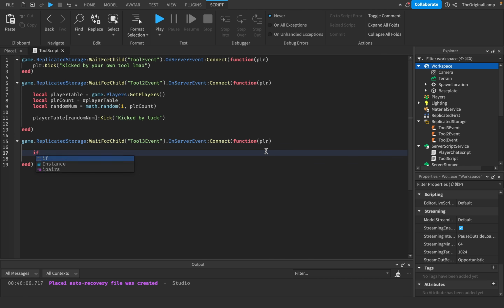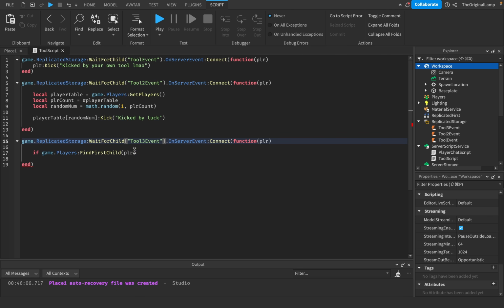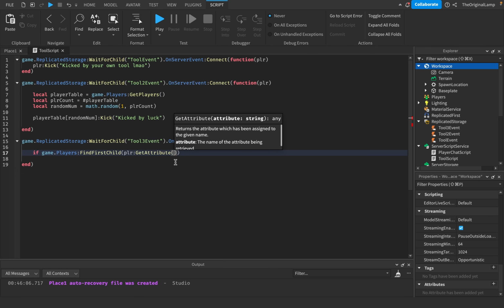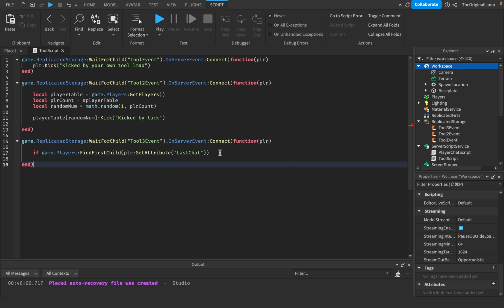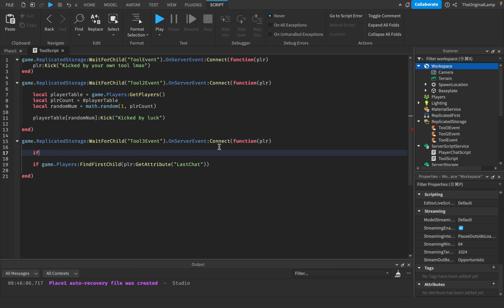So what I'll do is just if game.players:FindFirstChild. So if we can find a player with the name, and then we get the player who actually pressed the tool, and then we will get the attribute with the name last chat, right? Or actually no, what we should do instead is make sure that player has the attribute of last chat, right? So what we can do is just, okay, if not player:GetAttribute